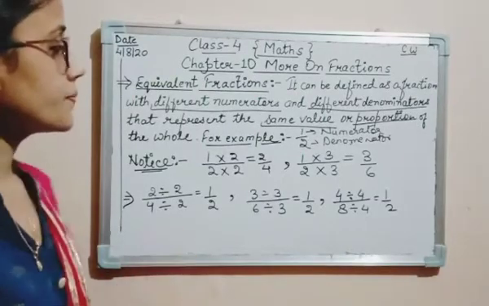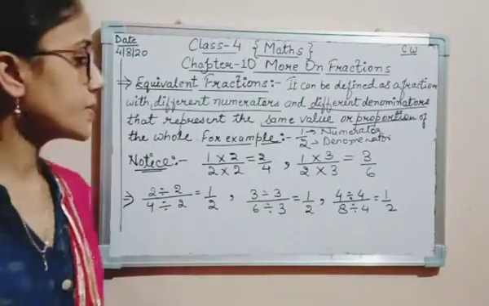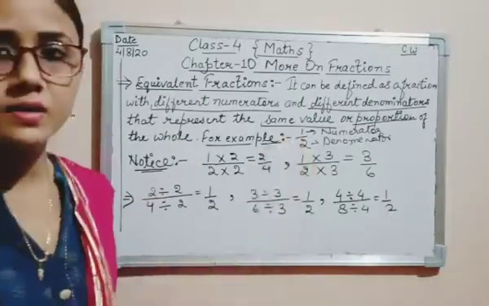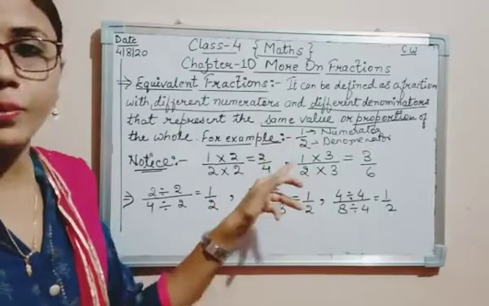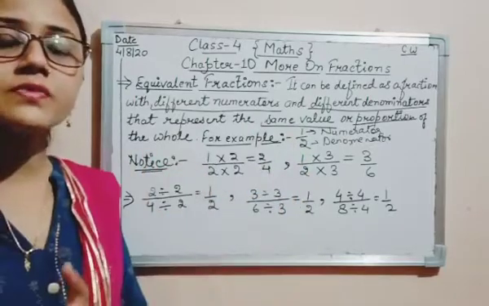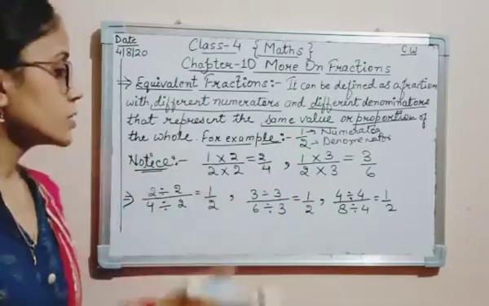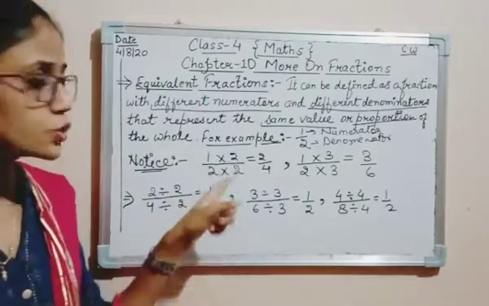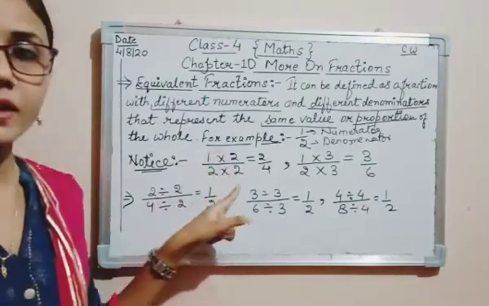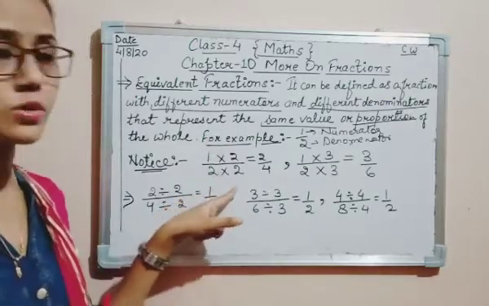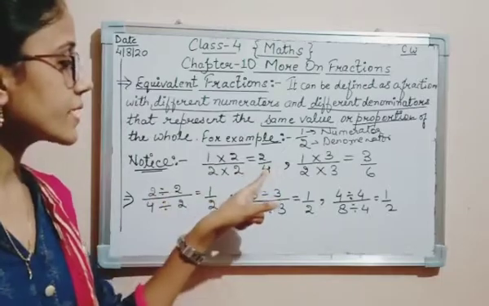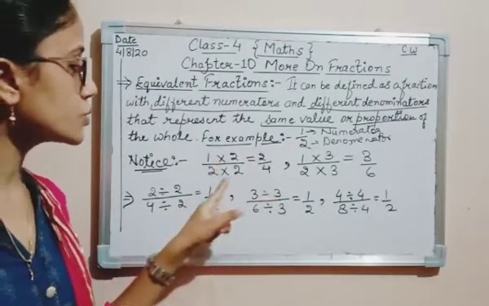Now see here, we have given some examples. See, if we multiply, we are getting 1/2 here, isn't it? What do we write here? 1/2. And each fraction we are getting 1/2. So if we multiply 1/2 by 2, we will multiply the numerator by 2 and the denominator also. Why 2? Because if you multiply by the same number, we will get the same value. 2 1s are 2, 2 2s are 4.